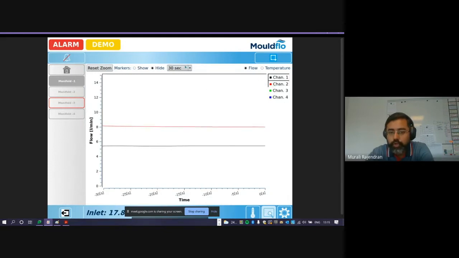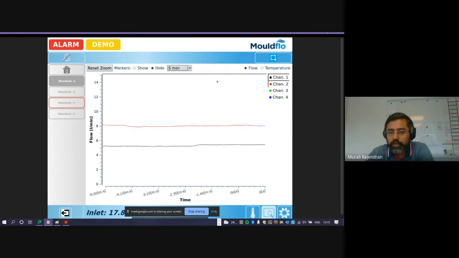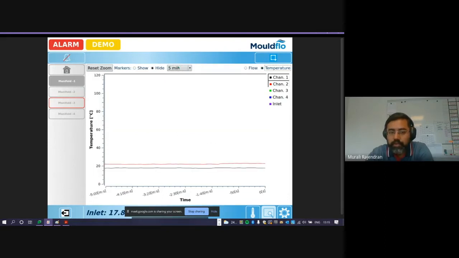So it will show you the flow and temperature parameters for the last 5 minutes or last 50 minutes. So in a sense, you can monitor how the flow and the temperature trend has been in your cooling circuits for your entire production processes. So if you find any deviations in your mandated flow or temperature, then you can immediately stop production and do corrective actions. So this is the flow and temperature information in a timeline based manner, so that you can be always sure that during your entire production processes, the flow and temperature parameters of your cooling circuits are always under